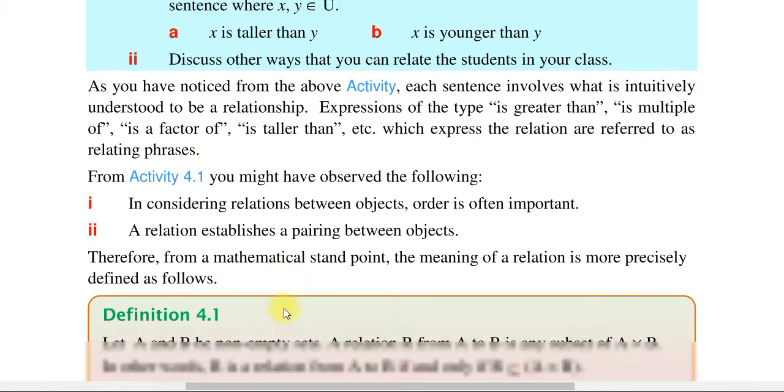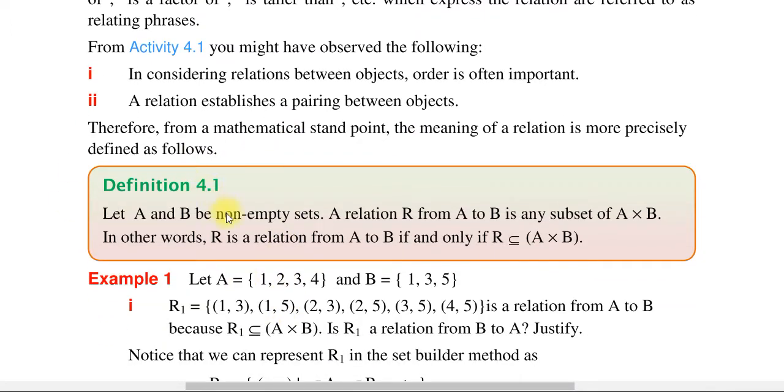So, relation እንዴት ነው define የሚደረገው? Let A and B a non-empty set. A እና B non-empty set ናቸው እንበል። A relation R from A to B is any subset of A cross B. In other words, R is a relation from A to B if and only if R is a subset of A cross B ከሆነ ብቻ ነው ይለናል። ኦኬ